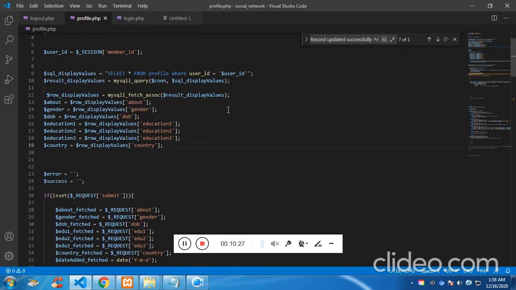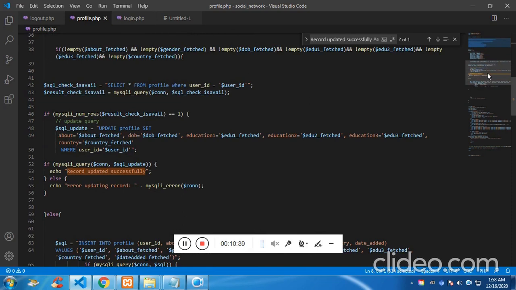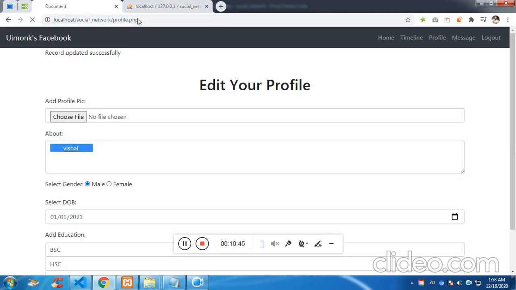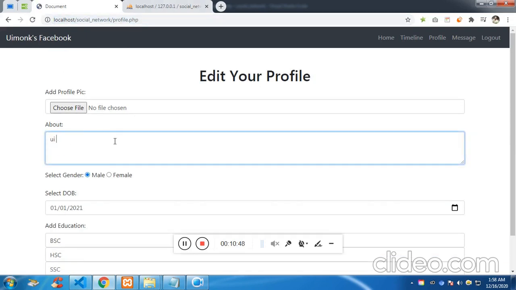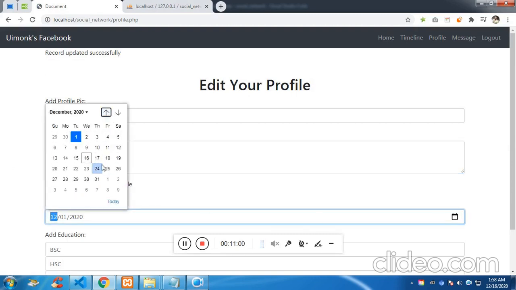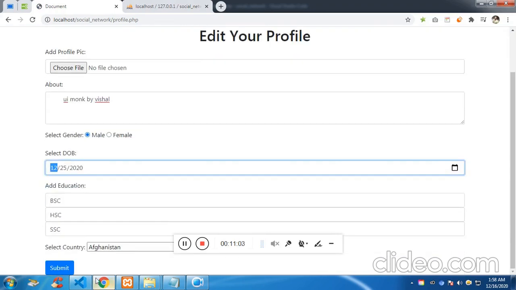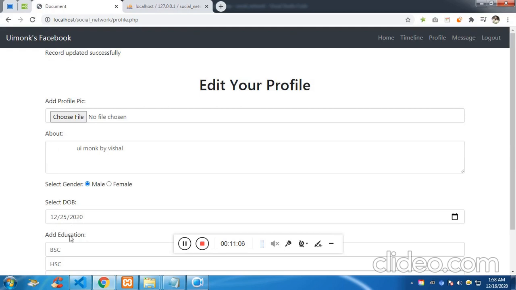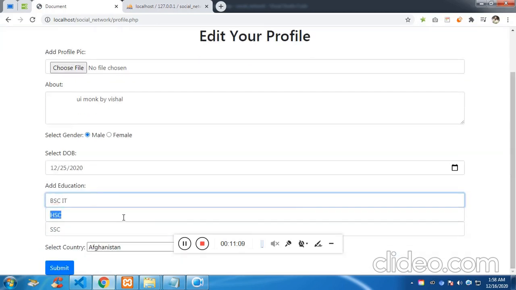So it is because we have already used it over here. So let's try to copy this and paste it after update. If it is successful, then do this. Let's try. UI monk by Vishal, click on submit, and you can see UI monk by Vishal. Let's try to make our date as 25th December, click on submit, and let's see 25th December, BSc IT, HSC